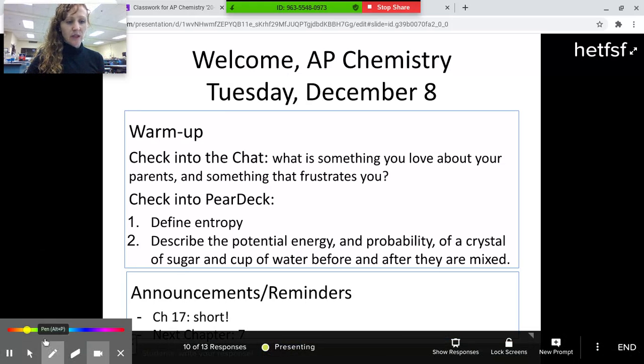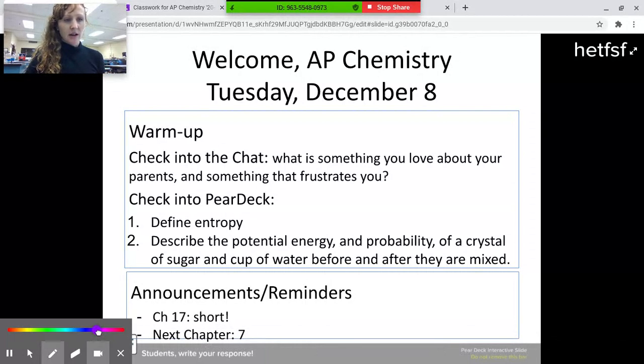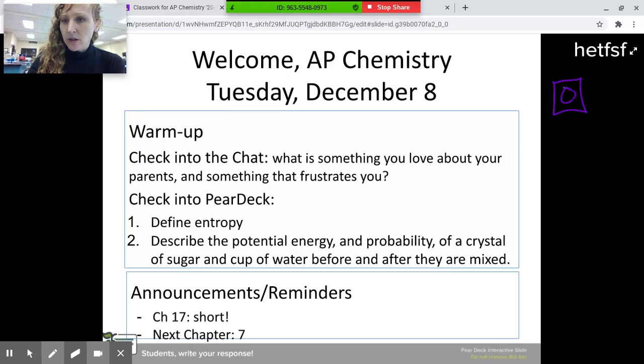So let's say we take 2 playing cards. Let's do the Queen of Hearts and the Queen of Diamonds. Okay, so we have 2 playing cards, and you can put these playing cards into a deck, right? So the question would be, how many ways can you put these playing cards into a deck? So think about that for a second. How many different ways can you put these playing cards into a deck?